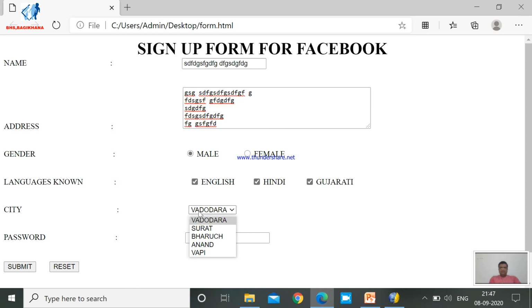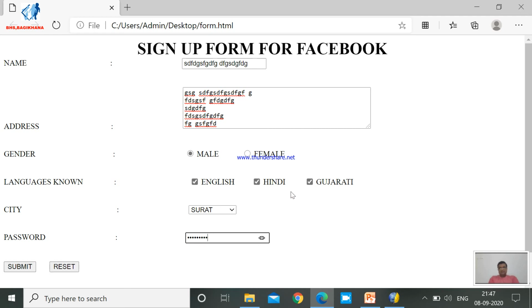When you click on city, select your city and enter your password. See friends, as I have told you about the difference between text box and password box, you can now clearly understand that whatever you write in your text box is purely visible, but whatever you write in your password box you can't see as normal characters. It will show you like symbolic language, right?